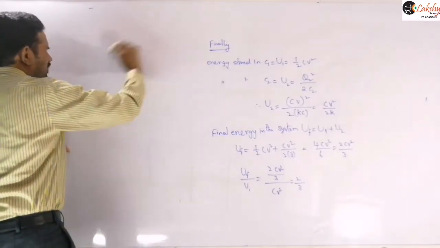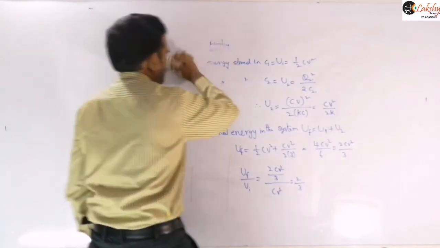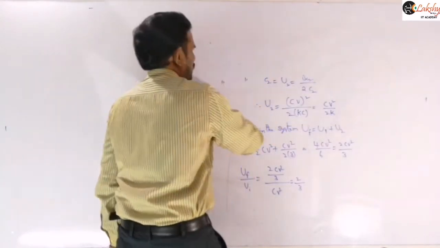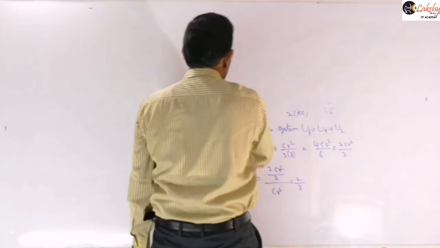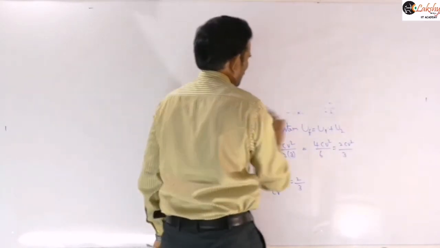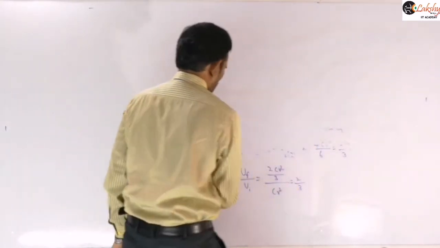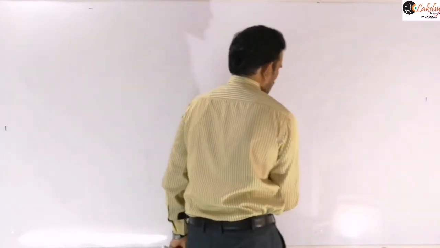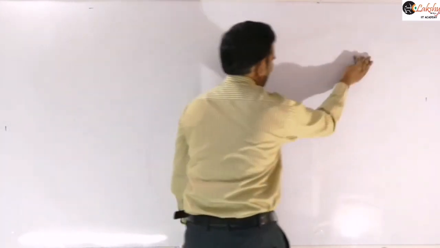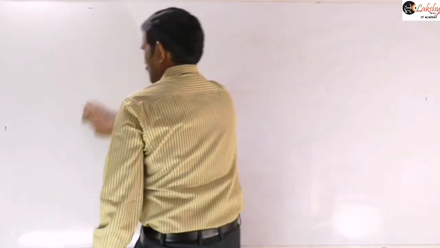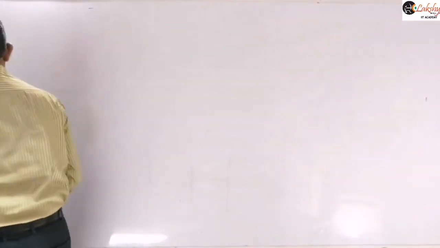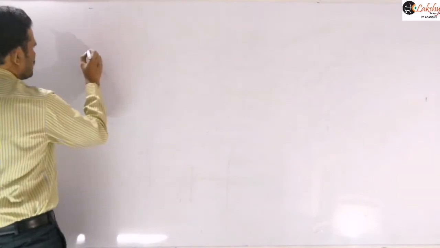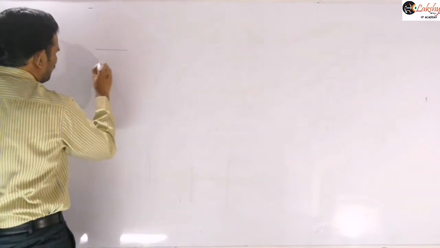Next, some work done calculations will be there here, and those work done equations again you can solve by using conservation of energy calculations, what we did in our previous heat generated calculations. So heat produced in the circuits we discussed in our previous classes, such a similar mechanism now we need to use here, whether you are inserting the dielectric or removing the dielectric.